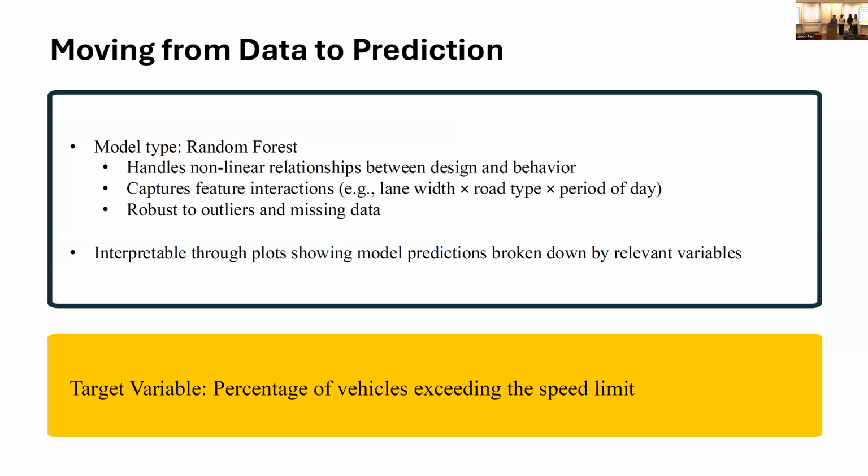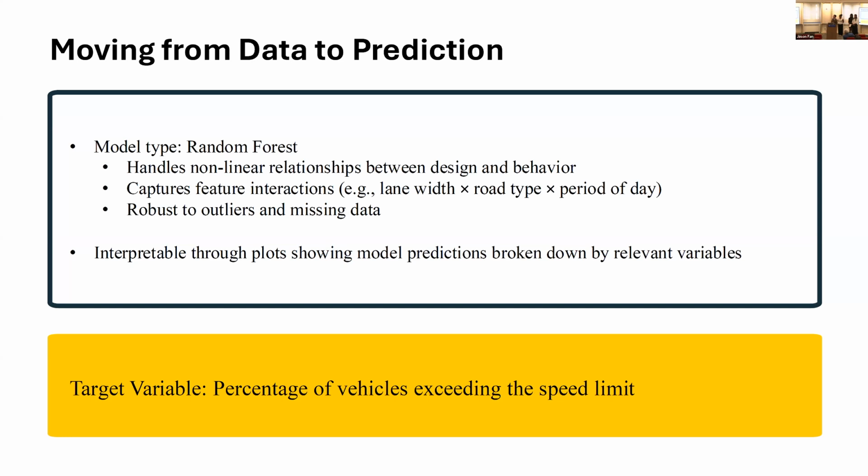Having collected all of that information for all of our 446 roadway segments, then we move from data to prediction. Modeling based on these data allows us to quantify how the factors that we just described, alone and in combination, influence drivers' decisions to speed or not. Further, it allows us to make predictions about roadway configurations that are alternative to the ones that we observe in the data, and to see how those changes could potentially impact speeding rates as well, affecting all of the safety